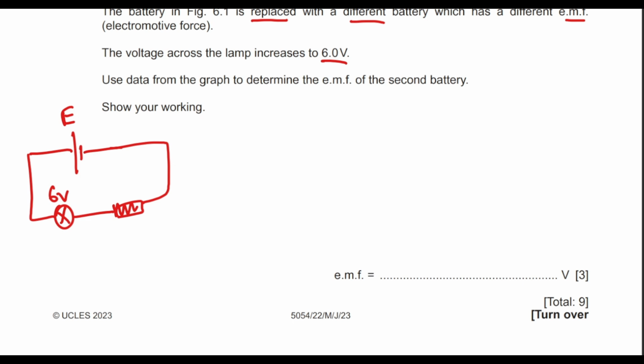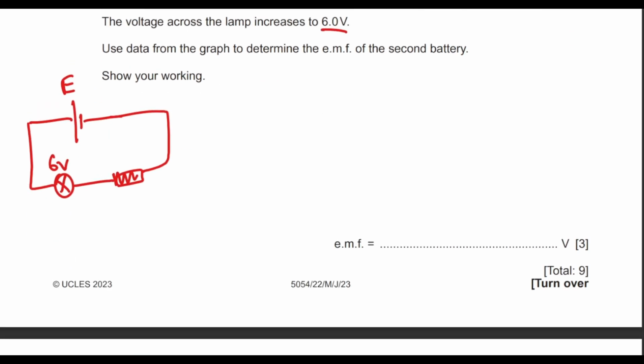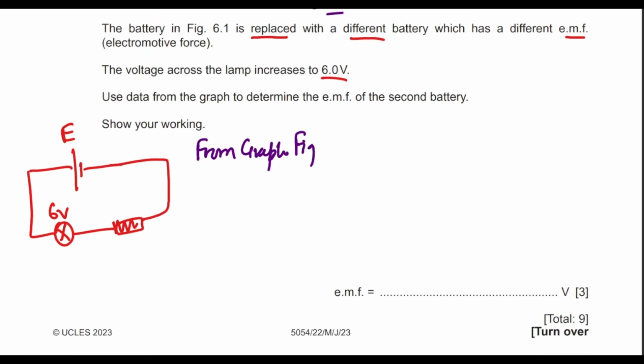Show your working. So we go to the graph and we see that at 6 volts, the current in the circuit is 0.35. Now you have to show this to the examiner. What you can do is use a dotted line with a lead pencil and a ruler, draw a straight line, and show the examiner that you're reading this value from the graph, and mention which graph you are talking about: figure 6.2. From the graph in figure 6.2 at V equals 6 volts, the current has been found to be 0.35